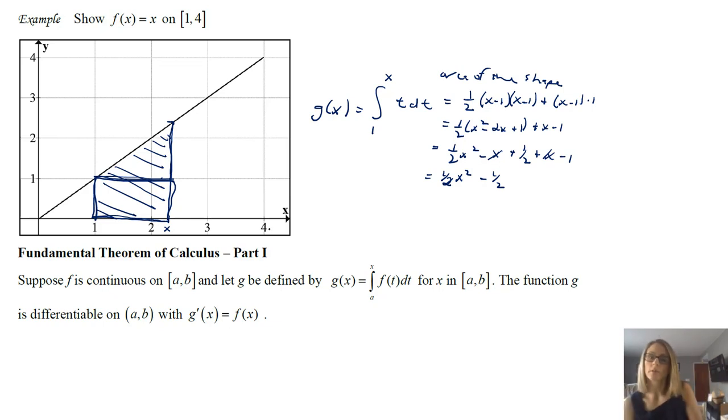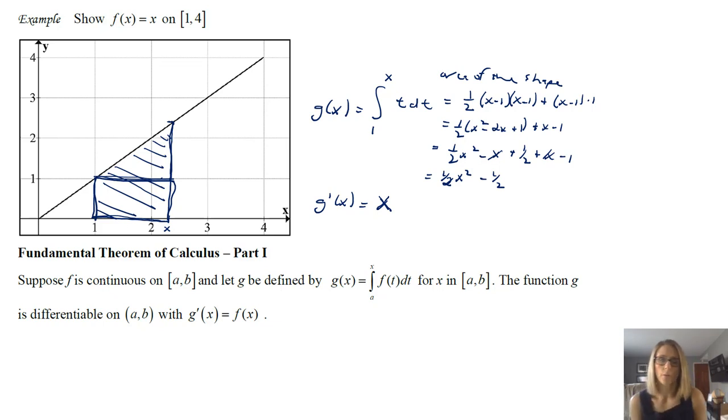And then, of course, the idea here is g prime of x. If we take the derivative of what we just found, and again, we found our answer here geometrically, you're going to get 2 times 1/2, which is 1, subtract 1 from the exponent, and you get x. The derivative of minus 1/2 is 0, since it's a constant. So we get that g prime is just x. The idea here was to start seeing the relationship between this function g of x, which is the integral of a function over an interval.